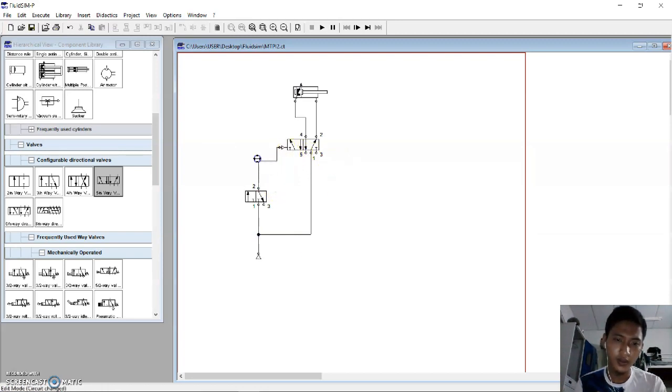Okay. So is it done? Not yet, because we must connect 3, 5 and 3 to the number 4 list at the properties.